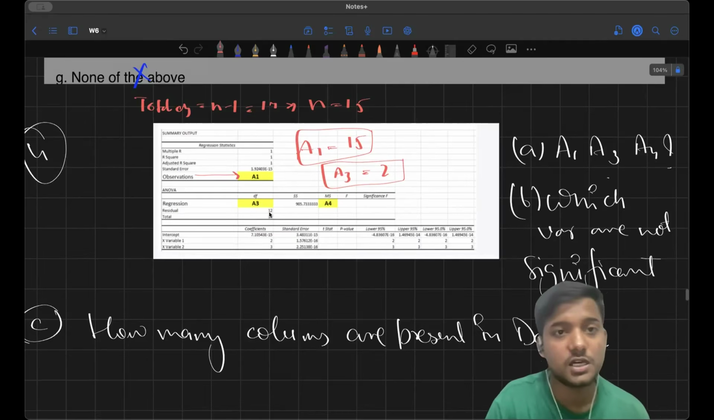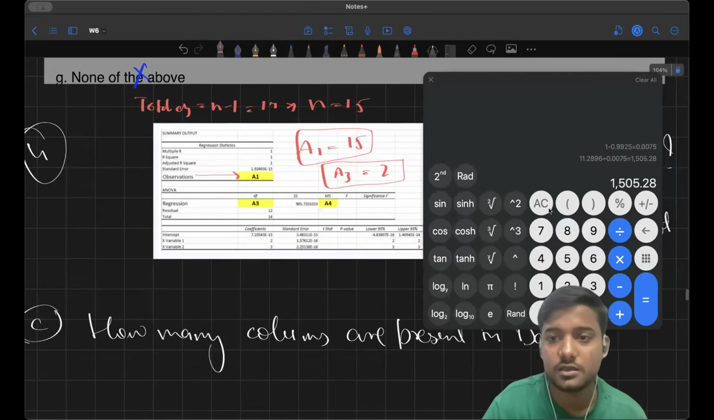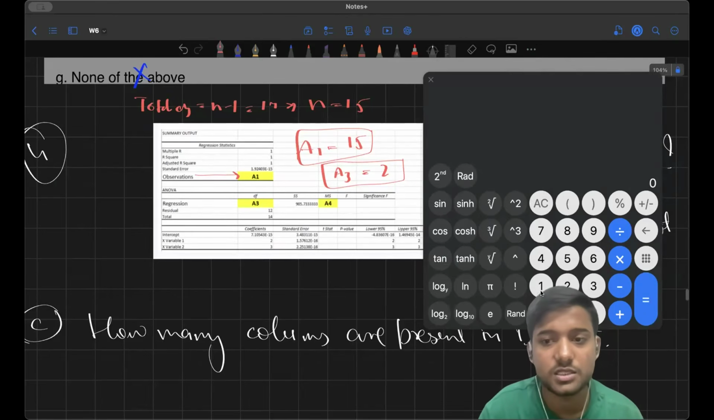I have access to degrees of freedom for residual, but what I don't have is sum square residual. Do you remember, is there any relationship to calculate the sum square residual? Because we don't have sum square total, we cannot just subtract sum square regression from sum square total. But we have access to the standard error, right? We see this thing here, 1.92 into 10 to the power minus 15. So it's very, very small. The standard error which you have here is very, very small. R square is very close to 0. So therefore, standard error is going to be this thing,